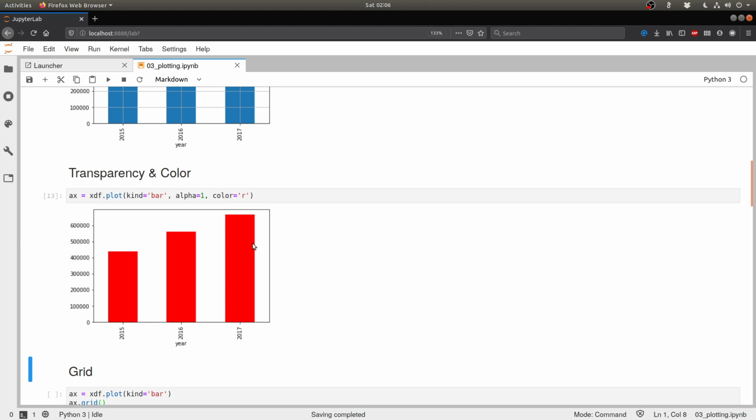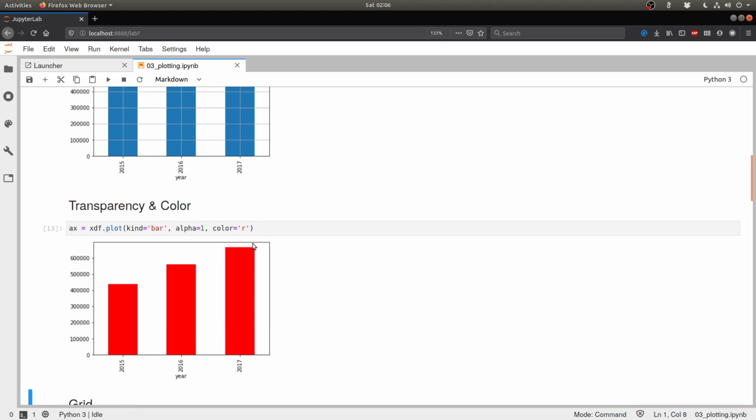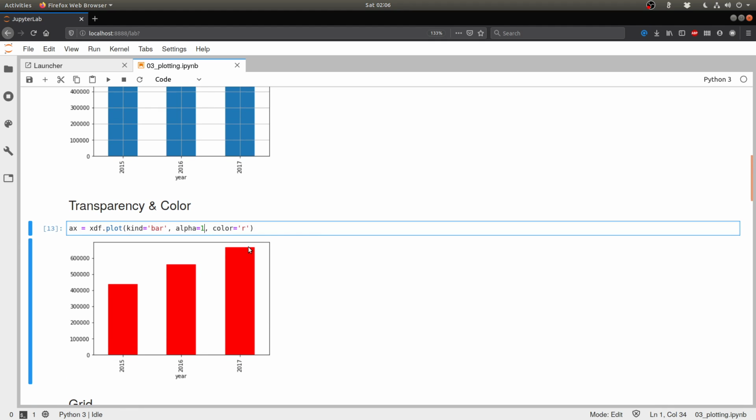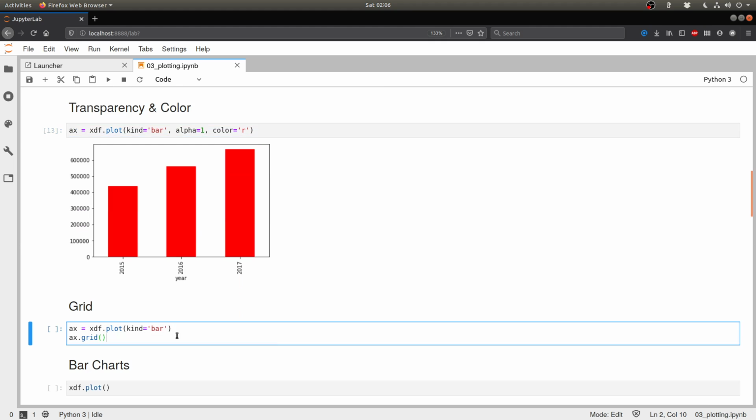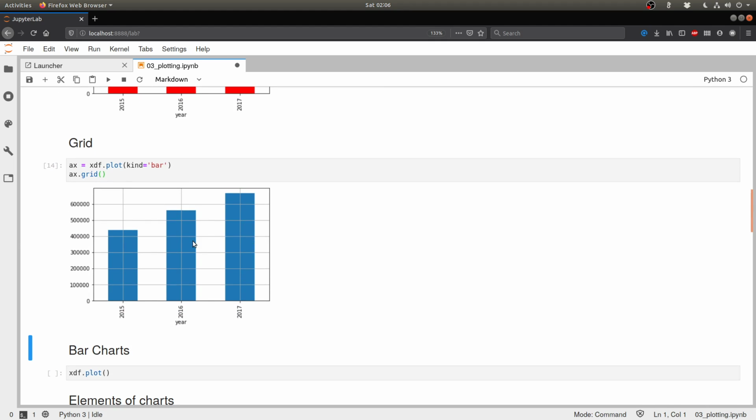So there we are. This is how you can control the colors and the transparencies of multiple colors. The major reason why you have to use transparencies is because sometimes you might have overlapping objects in your data, and if you have solid colors, then some objects might get completely overlapped by something that is above them. So that is why you can adjust the transparencies so that both objects, even if they are overlapping, are suitably visible. Then of course, let's add a grid over here, as we have seen already.